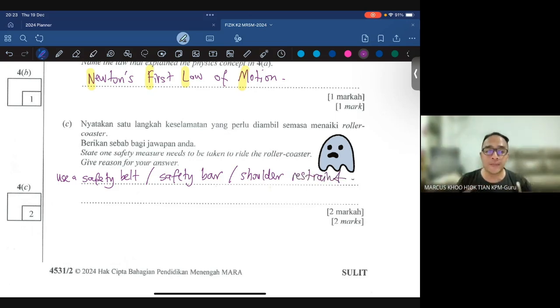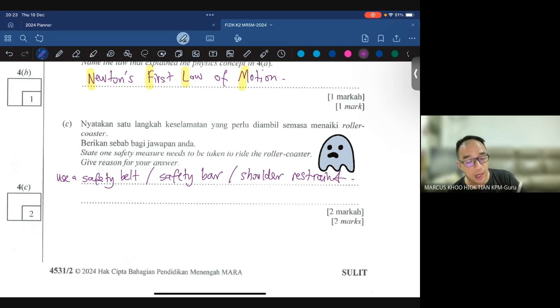It just blocks you. It kind of stops you from moving to the front lah. But anyway, the safety measure is the easy part lah. I think the easiest is obviously the safety belt lah, because even if you don't know what all these things are, if there's a belt, it's good enough. So the reason for your answer,